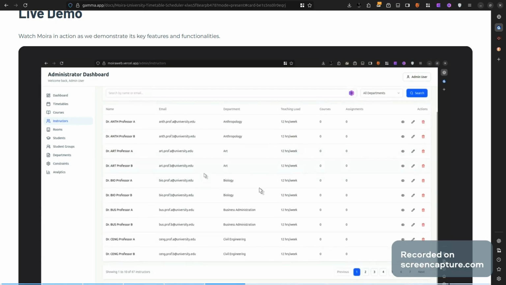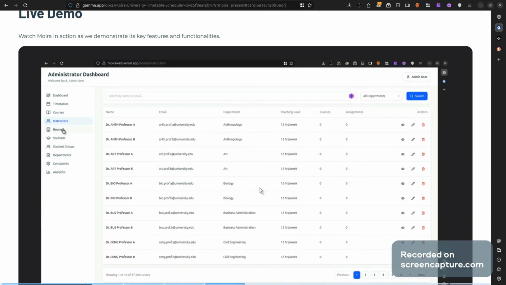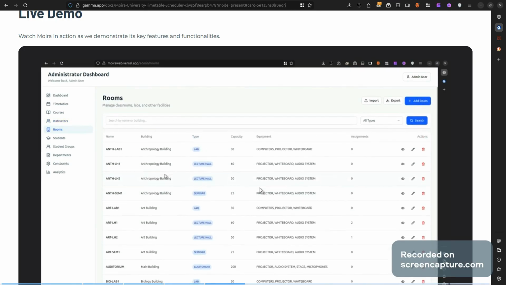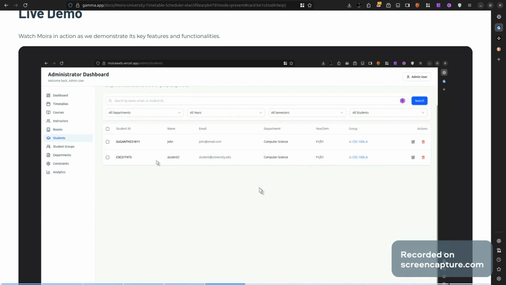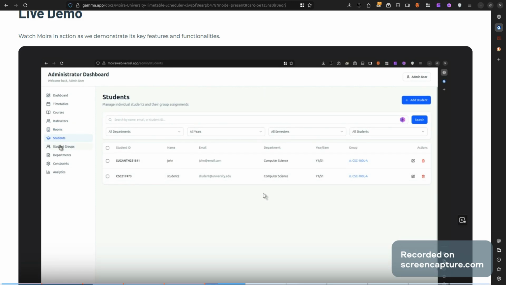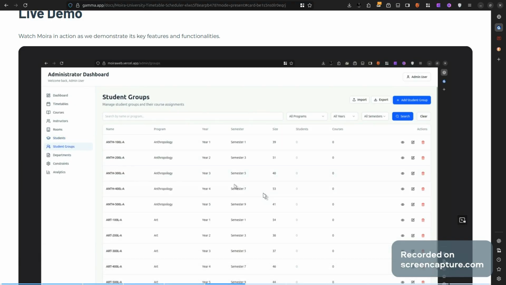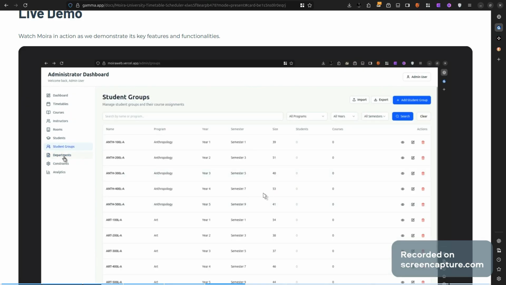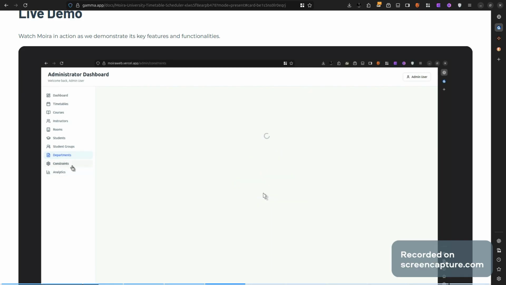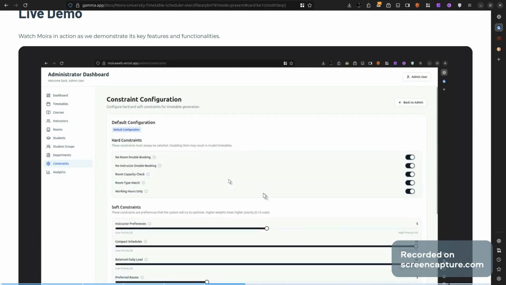You can click on instructors to manage instructors. You can also click on the rooms to manage the rooms available and the capacity. Then the student to manage the student, and the student groups to manage the student groups. These student groups are for students who can be in one department in one level but offering different elective courses, and we can come to constraints